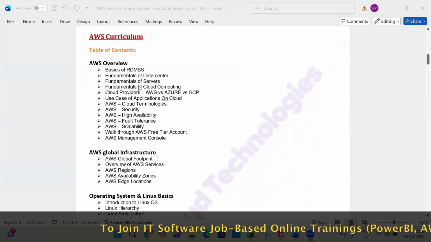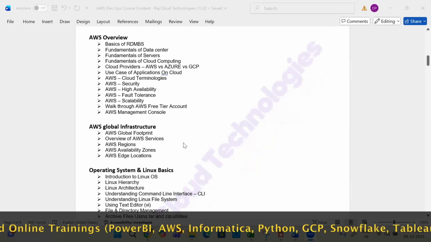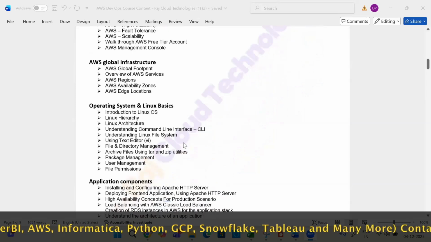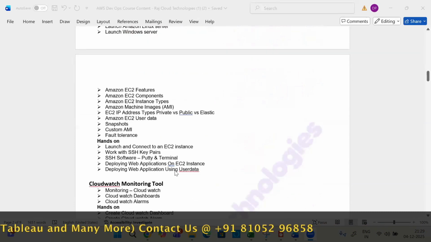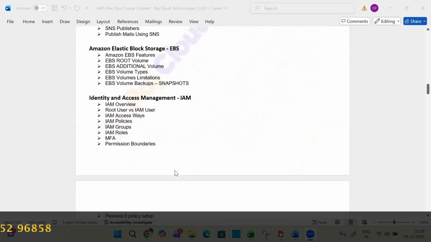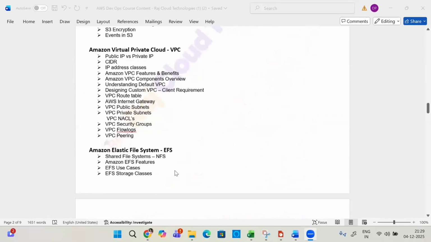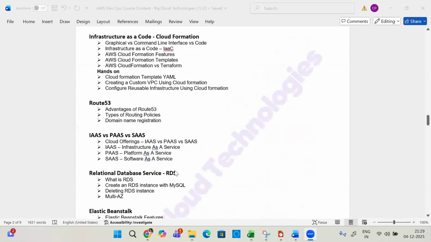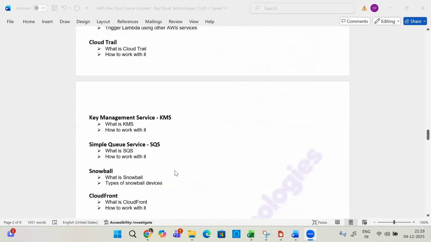We have servers, cloud computing, then AWS, global infrastructure, Linux, different types of services, EC2, then cloud monitoring tool, SNS, EBS, IAM, then other services like load balancer, CLI, S3, VPC. The different services are there, Route 53, Beanstalk, Lambda.